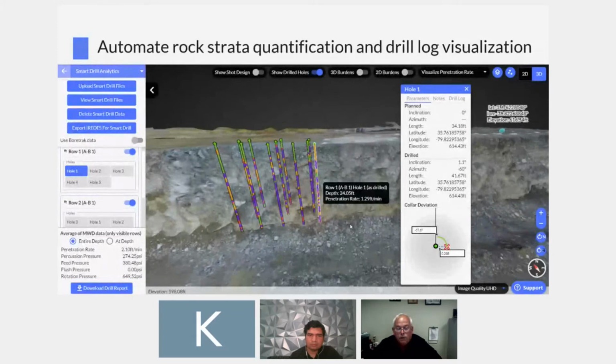After it's drilled, you can actually see on the face where you've got issues, as well as where you have a difference in the drilling conditions, as well as the little hole number 1 off to the side. You've got where the hole was drilled versus where it was designed to be, and we're off a quarter foot. And that's a big deal as you start to look at things like that.